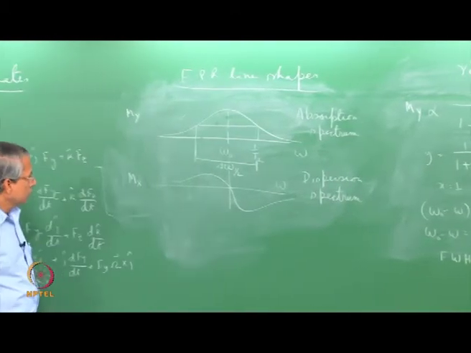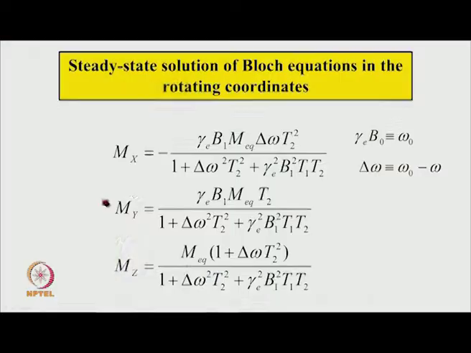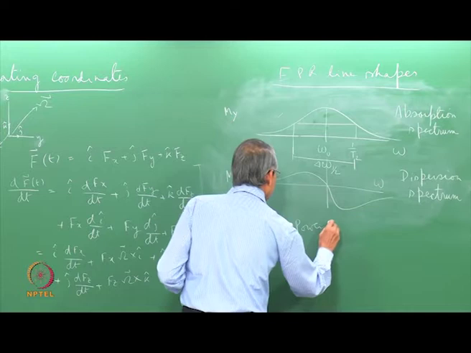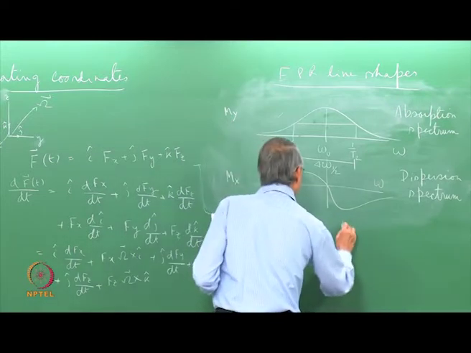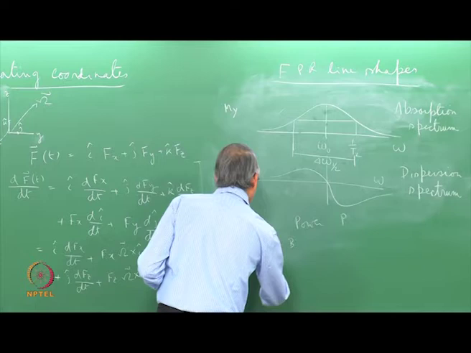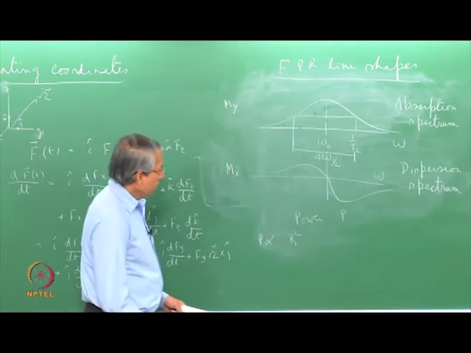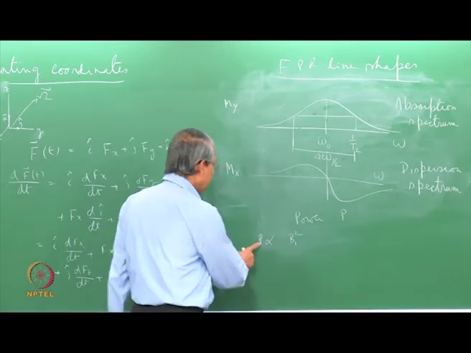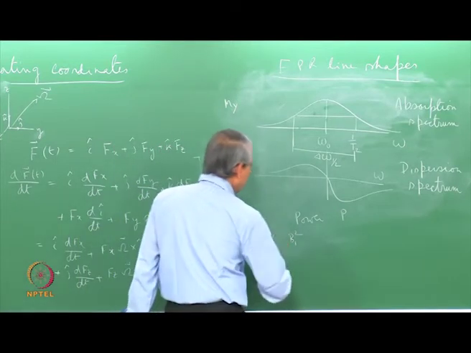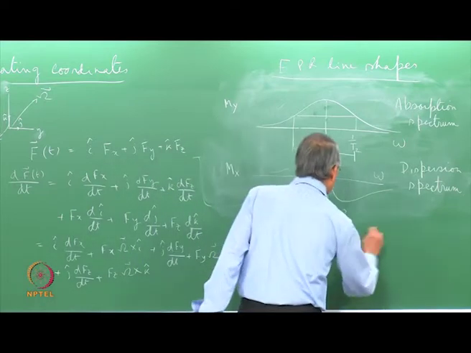Okay. The second consequence of this Bloch equation: see, the intensity of this My is proportional to B1, which is the measure of the microwave magnetic field. When B1 increases, the signal height will also increase, it is proportional to B1. But if microwave power is P, then P is proportional to B1 square. So, when the EPR signal is recorded at various settings of microwave power, the intensity will change as square root of power.